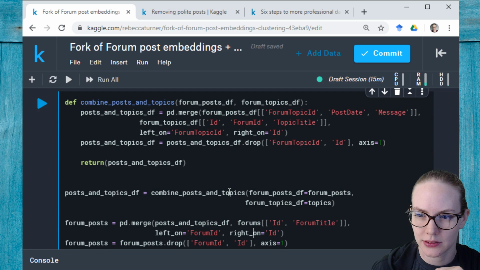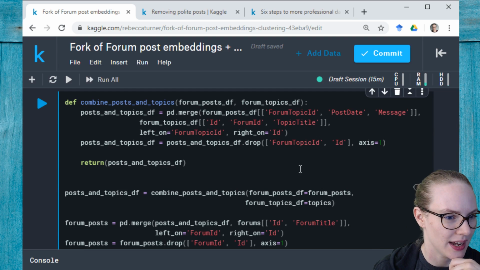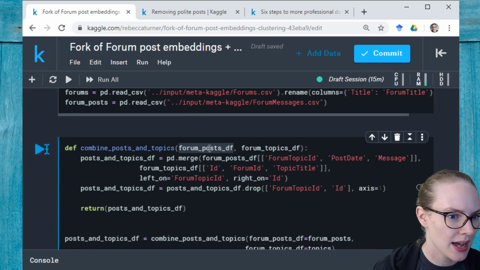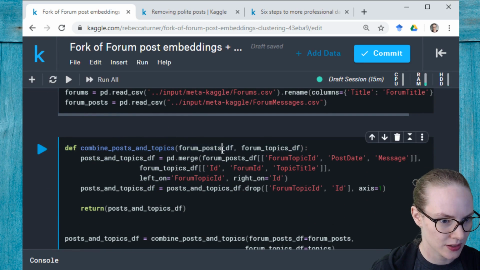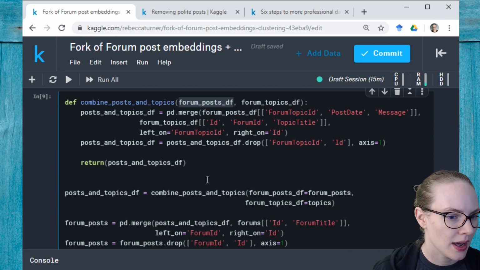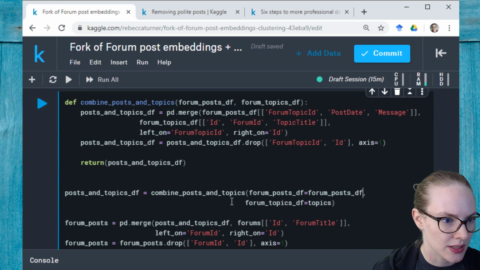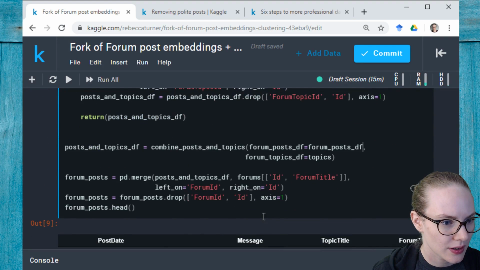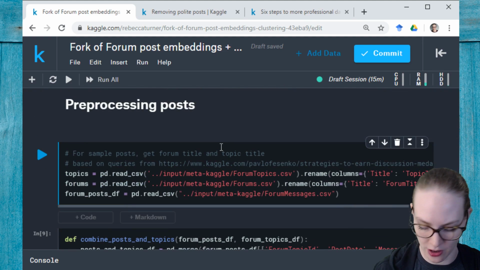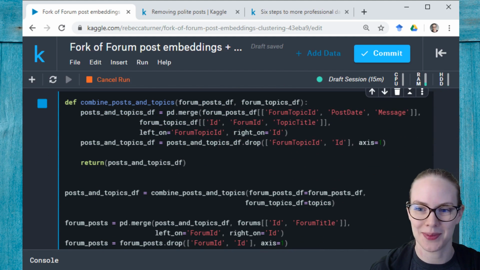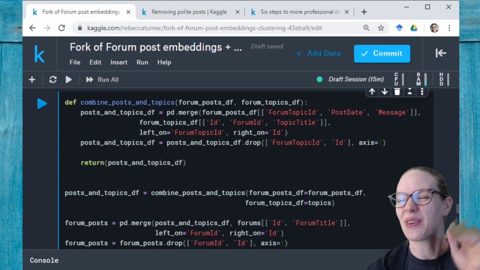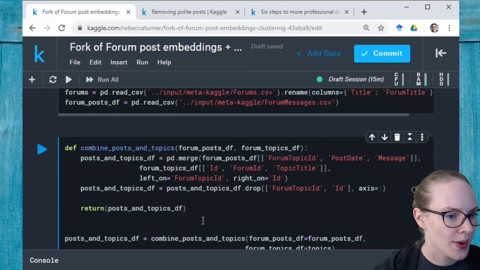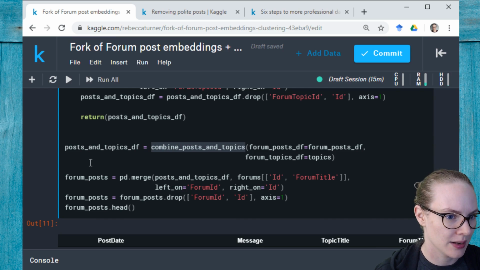I'm trying to decide if I want to refactor this now. Yeah, might as well. So instead of forum posts, let's call this forum posts df. All right. Okay, so now I don't believe it should be overwriting itself. Let's see. And this will probably cause me trouble later on because I should have changed it in all the places, but we'll cross that bridge when we get to it. All right, and that works. Excellent. So we have one function that we've written, combining posts and topics, and then we need to